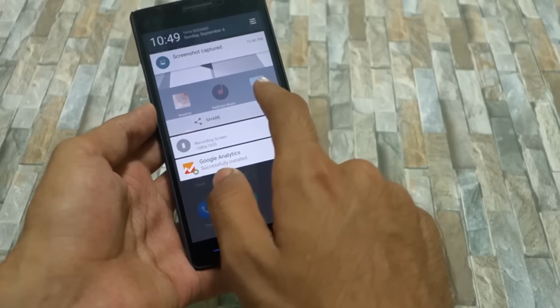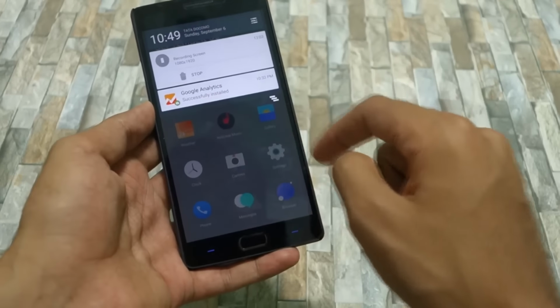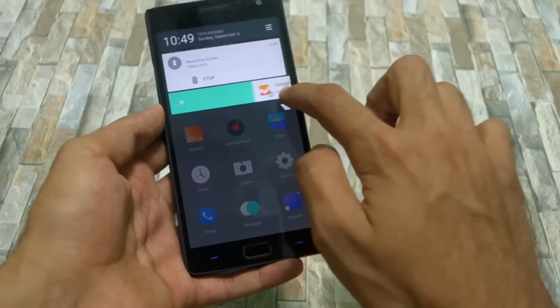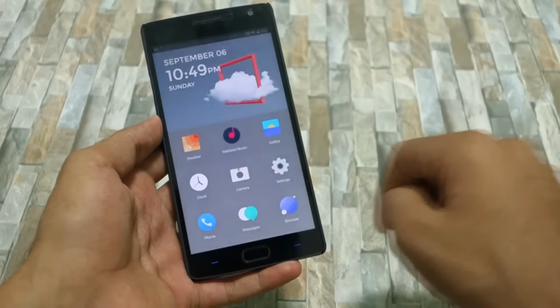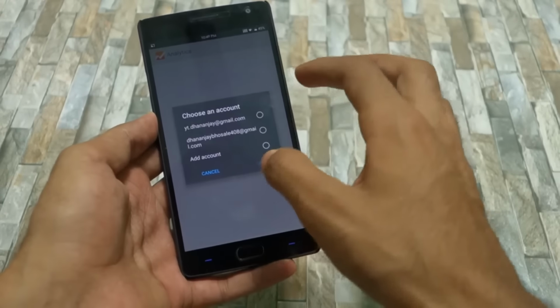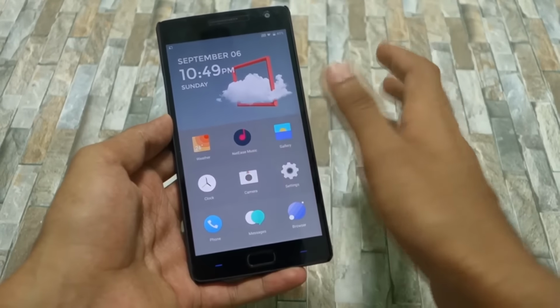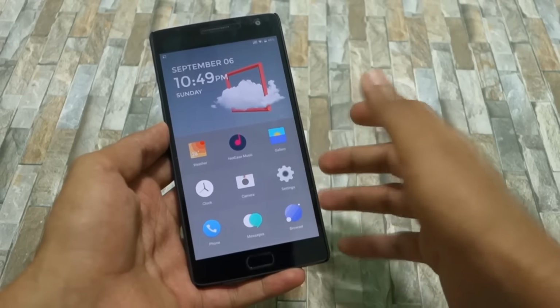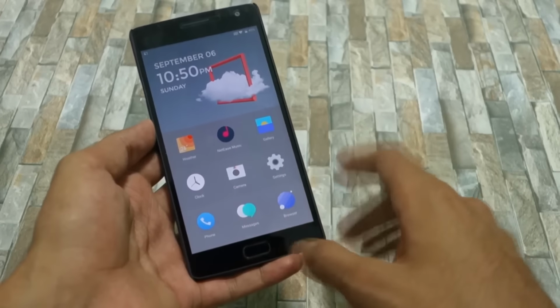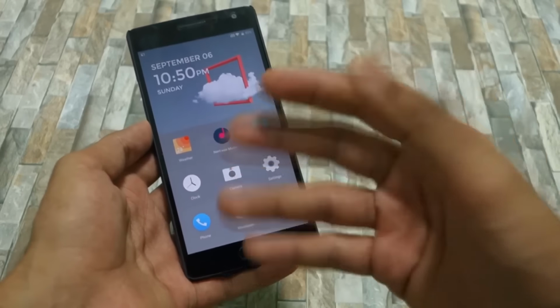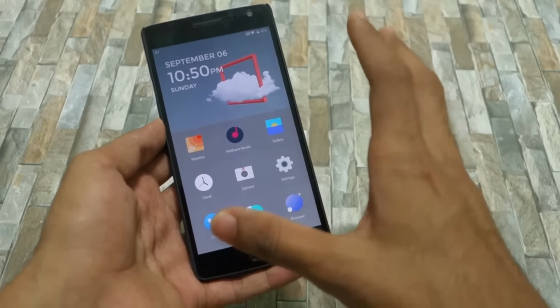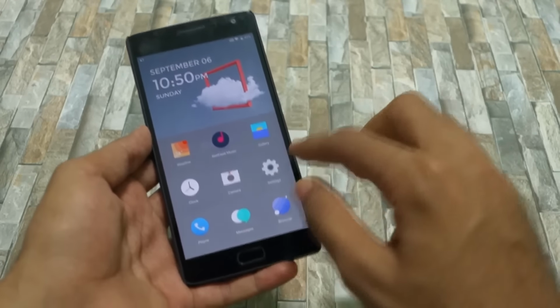So now if we go into the notification panel, you will see almost the normal notification that you get in Lollipop, but you need to swipe to the left in order to remove the notification, because if you swipe to the right, then it will take you to the application. So as you can see, I swiped to the right and it took me to the application. So this is how it works on Hydrogen OS. It took me 2 days to get used to this feature because normally we swipe anywhere, we don't care much about that, but this feature surely became useful for me once I got used to it.